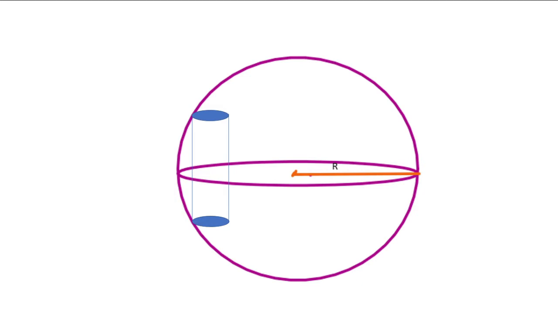Okay. Secondly, one more situation is possible. Here also the center is not aligned, but this is not a cylinder. So the center has to be aligned with this center. If not, then either it is not inscribed or it is not a cylinder. So we have a common thing about all the cylinders, that their centers align with the center of the sphere. Okay, now just keeping this in mind, try to visualize all the cylinders.